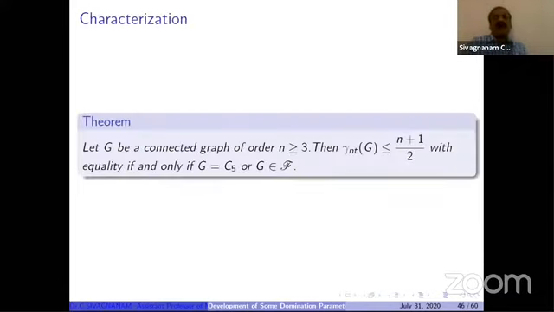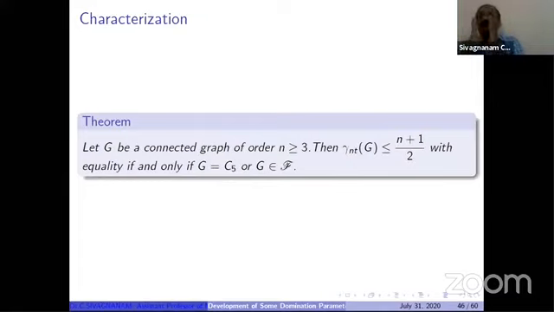So now what is the characterization? Already we have gamma nt of G equal to the upper integer part of n by 2, and we are going to characterize. When n is an even number, it is n by 2. When n is an odd number, it is n plus 1 by 2. So I have to characterize in two different ways: one when it is equal to n by 2, and the second when it is equal to n plus 1 by 2. Two cases.